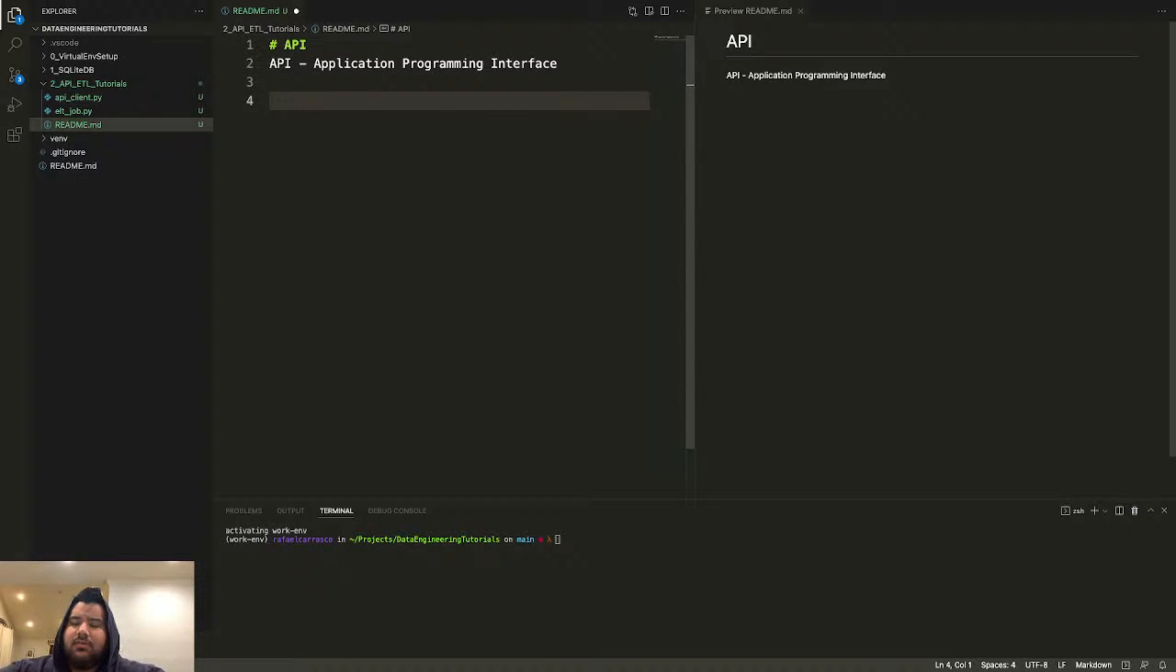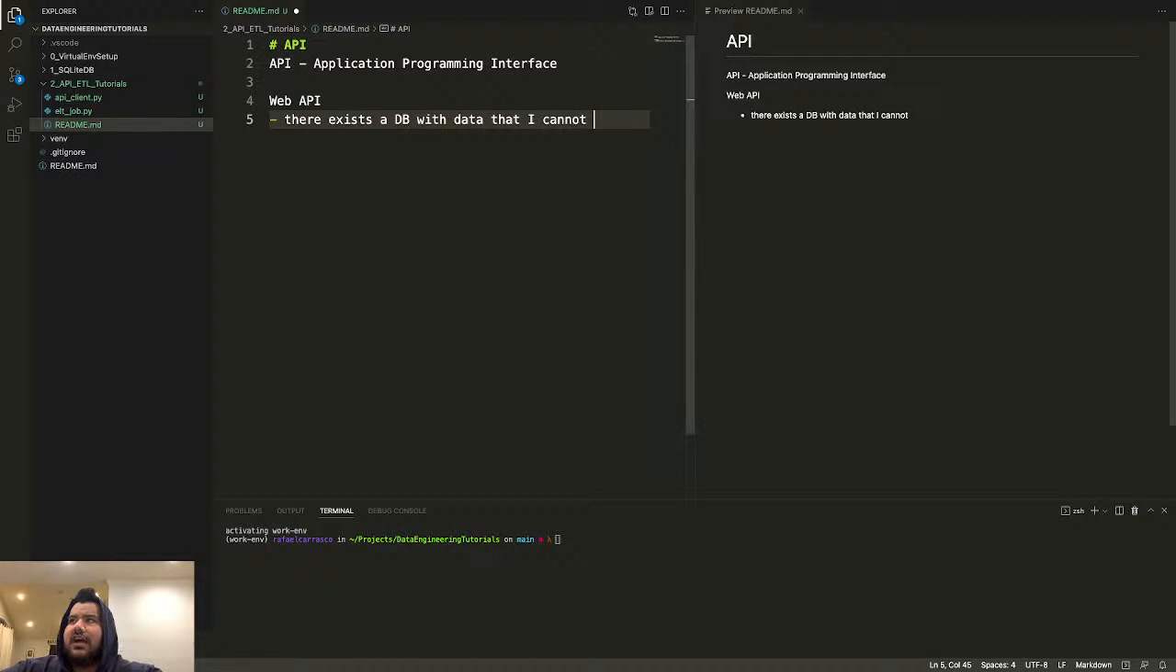In the way I'm using it, I'm using a web API, and what this means is that there exists a database with data that I cannot typically access with a SQL query. So there's probably some SQL database that exists. Maybe it's NoSQL, but typically it's SQL. And I can't get to the data with just a SQL query. Instead, I have to,